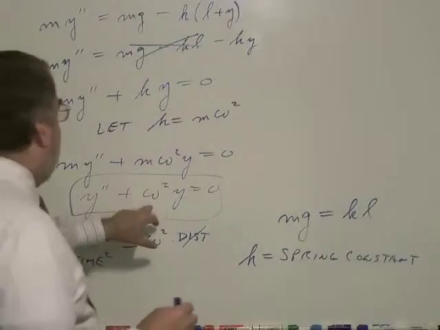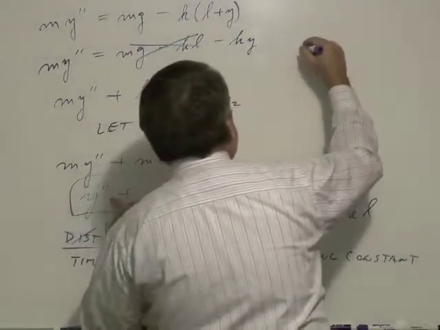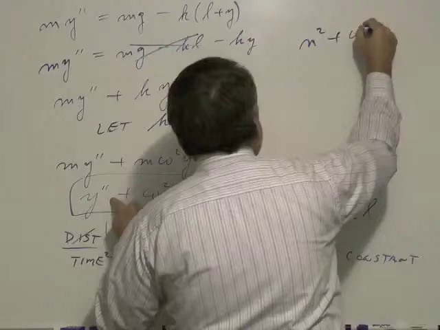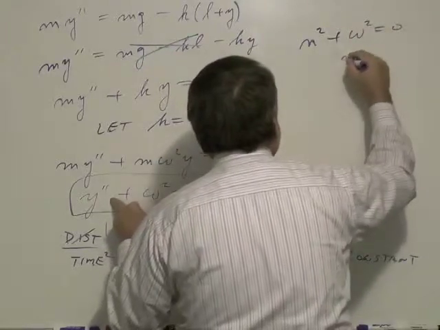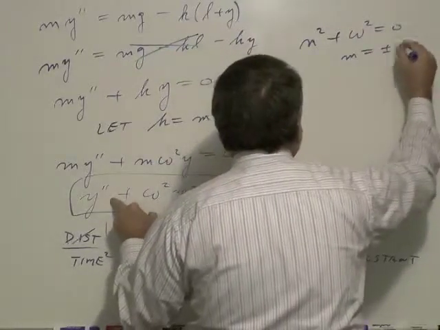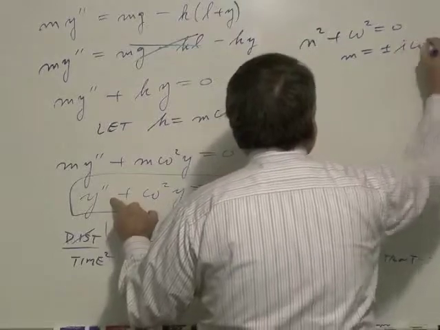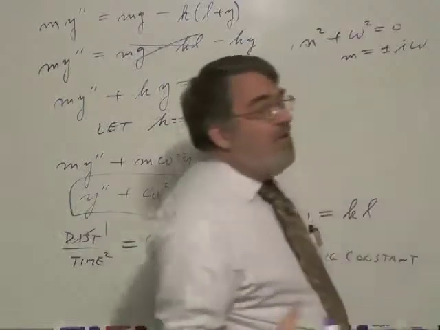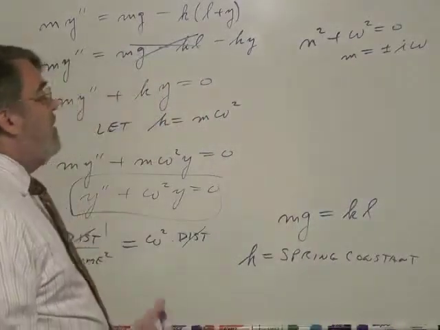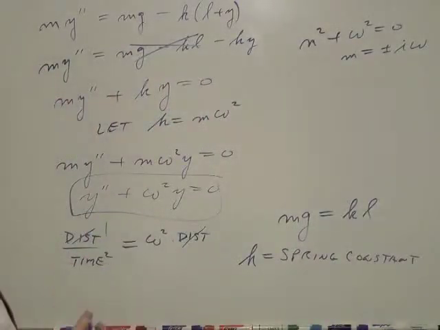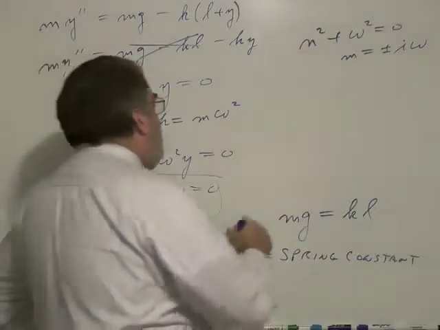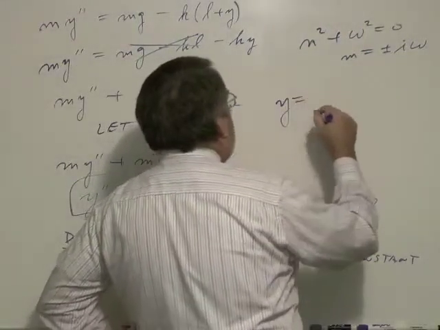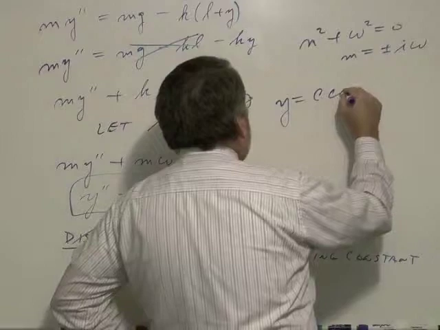When we solve this, the characteristic equation is m squared plus omega squared equals 0. So m is equal to plus or minus i omega, because omega squared goes to the right side as negative omega squared. We take the square root of that negative, and that introduces the imaginary unit i. And so my solution would probably be written as y equals c cosine